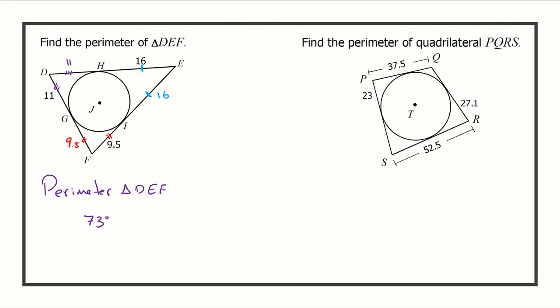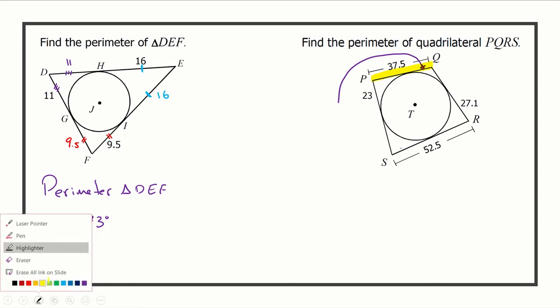Looking at the second one, it says find the perimeter of quadrilateral PQRS. So we're going to approach it the same way. This one might be a little bit different because we got a little bit more work to do, right? So for example, what's the measurement of that one? Or what's the measurement of this one, etc., right? So that's kind of what we got to worry about. And so to do that, we're going to start with this segment right there, right? So if I know the entire length of that top side, PQ, from P all the way to Q, I know that is